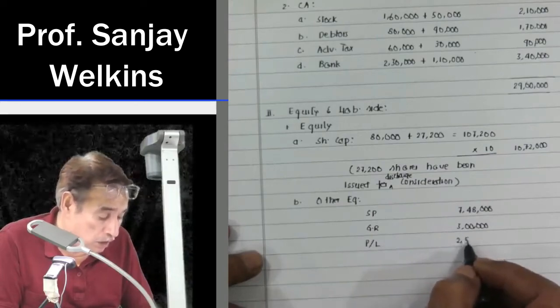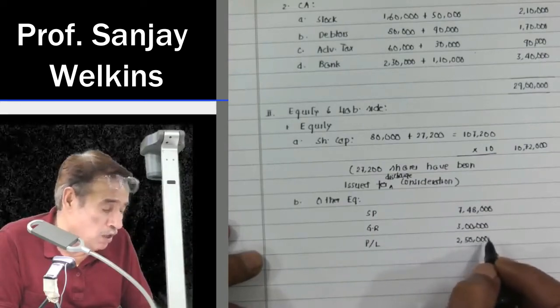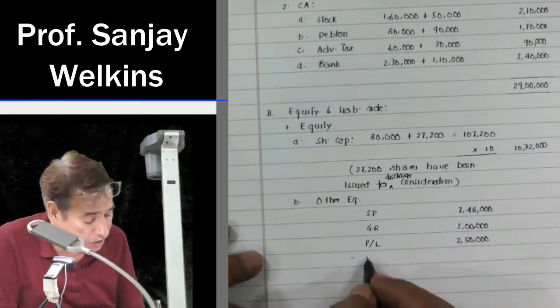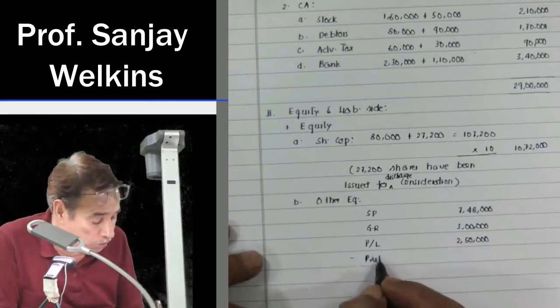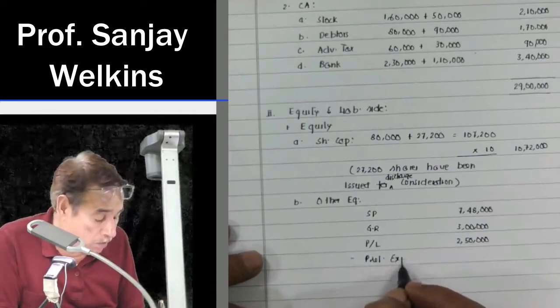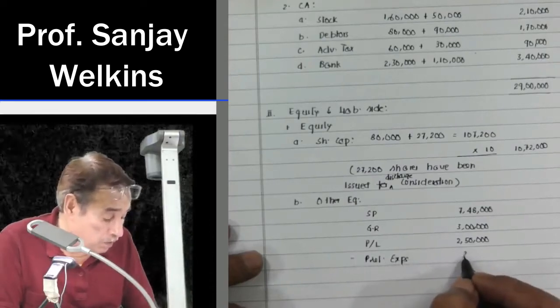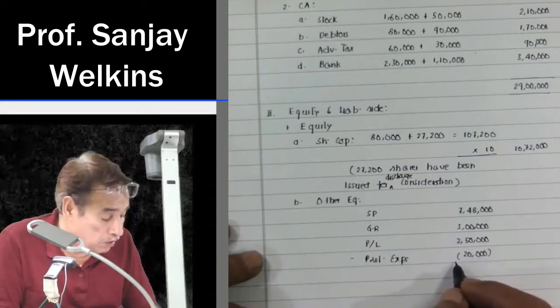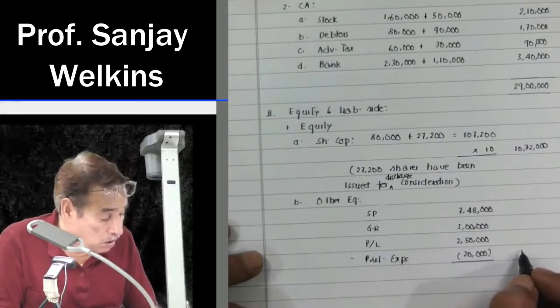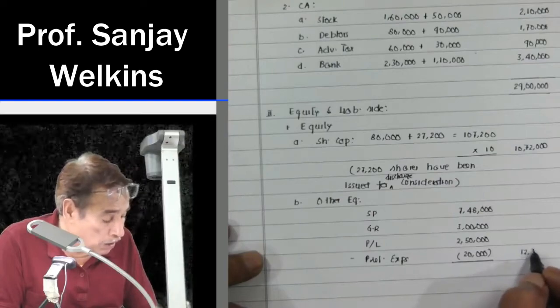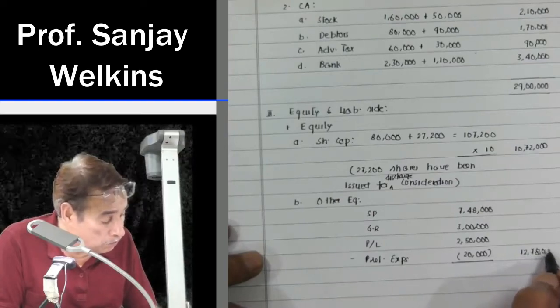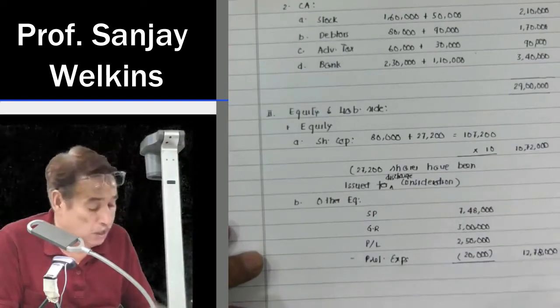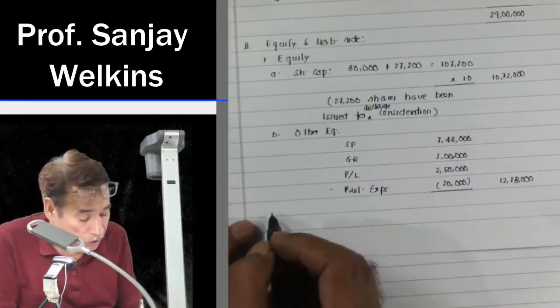And remember one thing, preliminary expenses which is appearing in the balance sheet towards the asset side, I subtracted it from here. Correct? Preliminary expenses as far as possible should be written off. So, your other equity will be equal to 12,78,000. Then you will write here